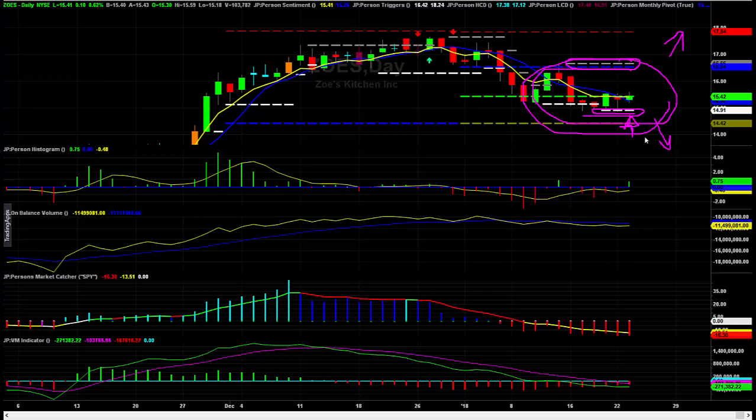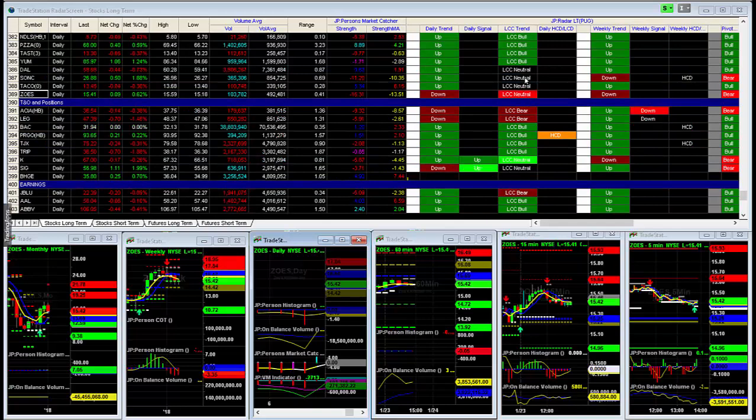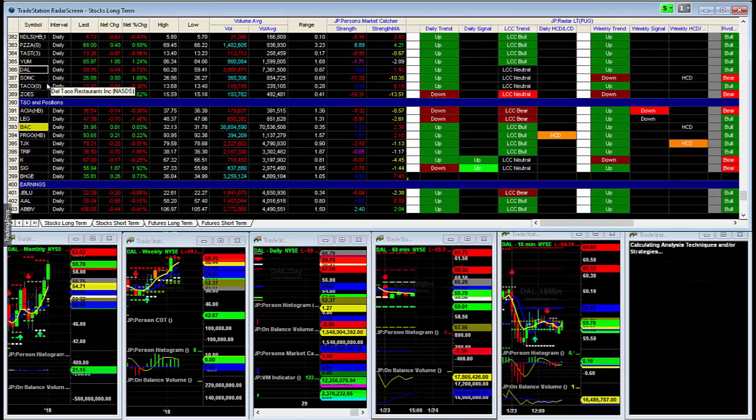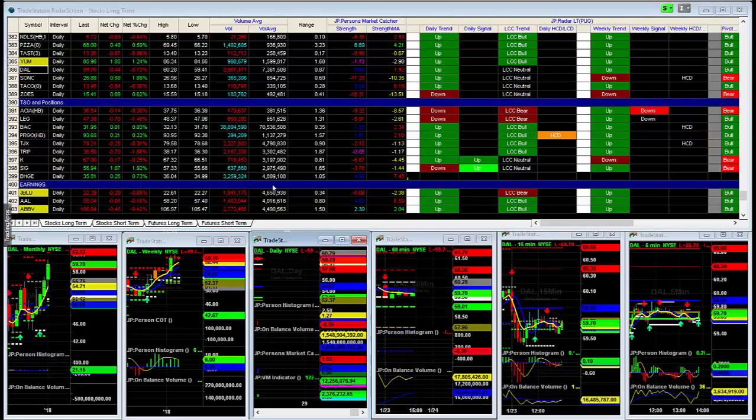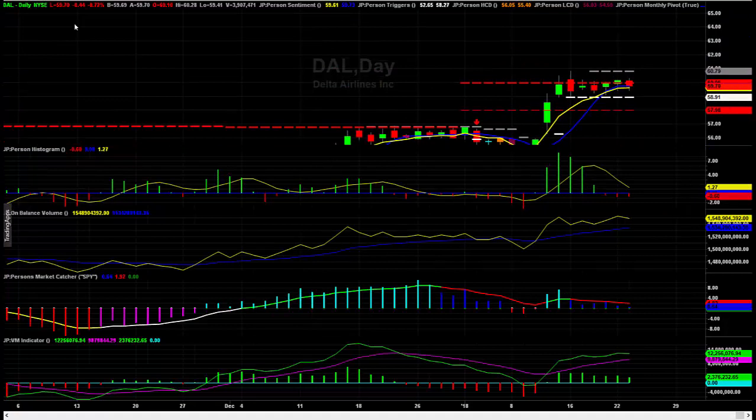So it's between a support and a resistance, and it'll qualify whether or not it's cleared resistance or the last conditional change. And that's what that neutral will do for us. It'll give us a lot better reading of where the market buy signal is in relationship to near-term support and resistance. Here's Delta Airlines, and this is a classic example of exactly what I just mentioned.